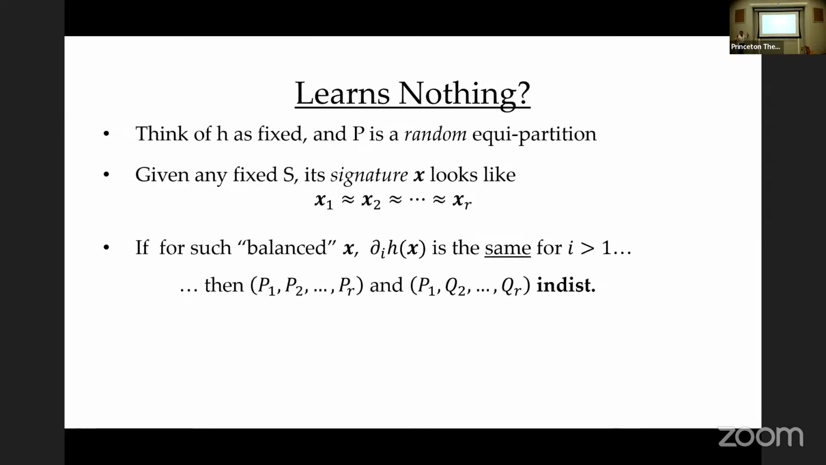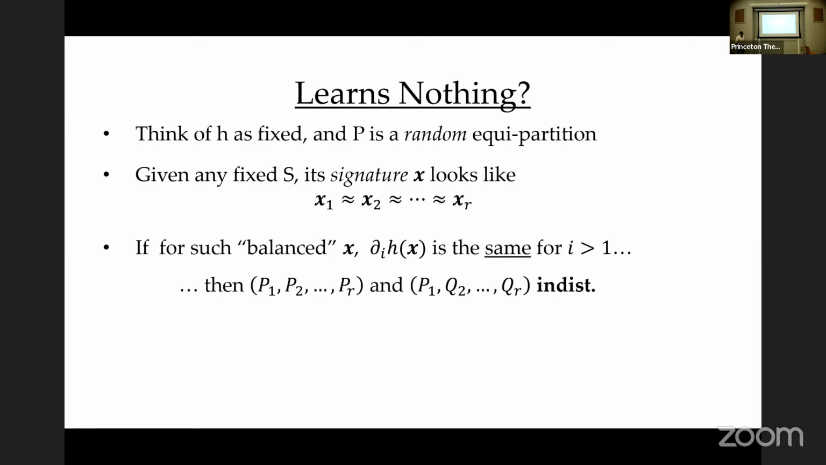Otherwise, I'm going to tell you. What this basically means is a random equipartition P1 to PR. And if I repartition P2 to PR to Q2 to QR, you basically won't be able to tell between these two. That's what I mean: I learned nothing about the partition. So what we want to construct is an H where, for balanced or roughly balanced X, the marginals behave the same except for maybe the first